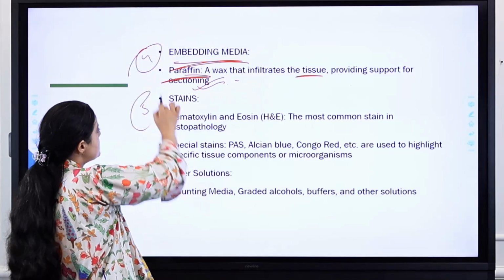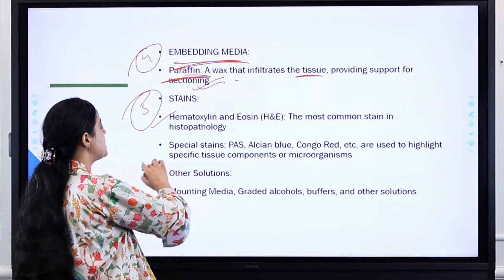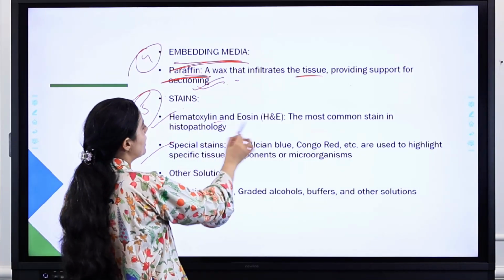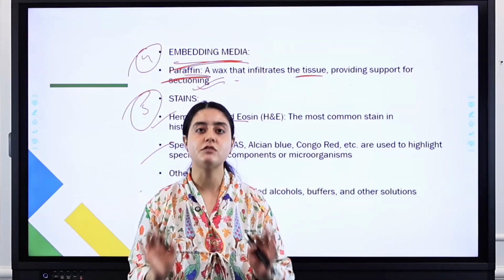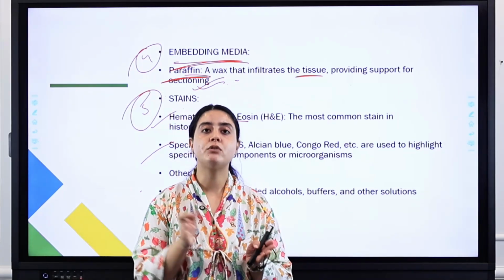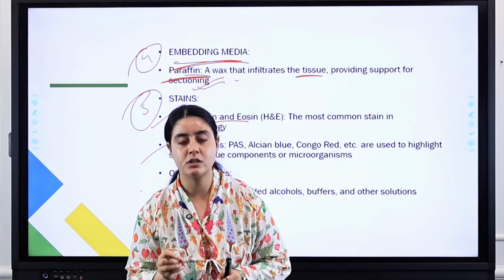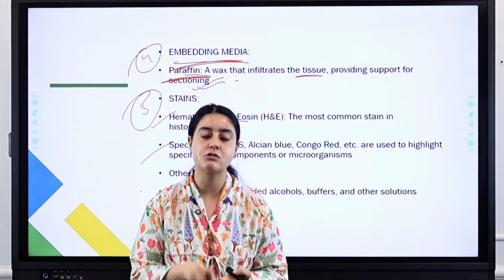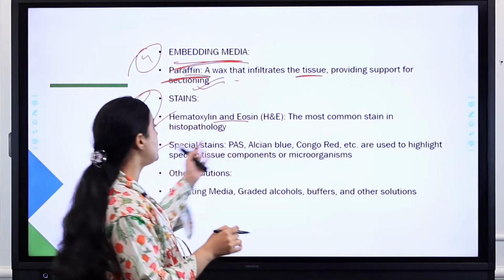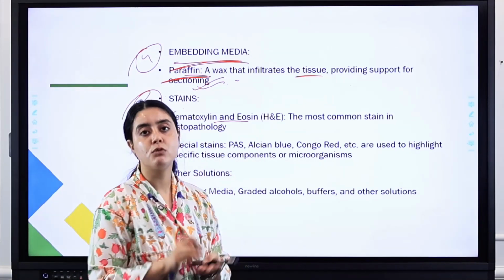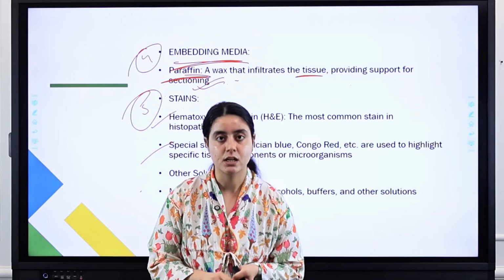Then we have stains, such as hematoxylin and eosin stains, and special stains. Hematoxylin and eosin stain is a routine staining. There is also a classification of staining methods, which you are going to read in your Unit 2. Unit 2 is staining procedures in histopathology, where you will read about all the staining procedures and their classification. So here I will give you an idea: H&E, hematoxylin and eosin staining, is the most common staining in the histopathology lab, which we do on a routine basis.